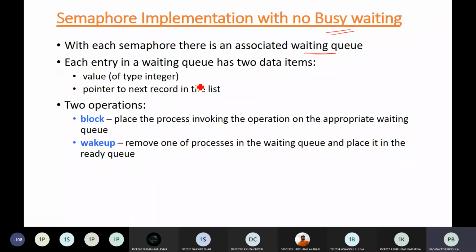That means when you implement this, you can implement it in the form of a structure. So you will be having two data items. One will be the value and another will be the pointer. Okay, so now two operations are possible here, that is block and wakeup. So when you don't have availability to access the critical section, you place that in the block queue. Okay, and when a process is ready to execute with the critical section, you execute the wakeup